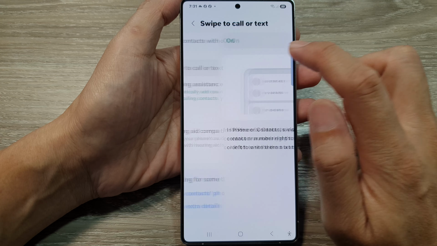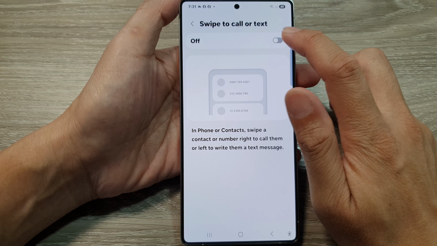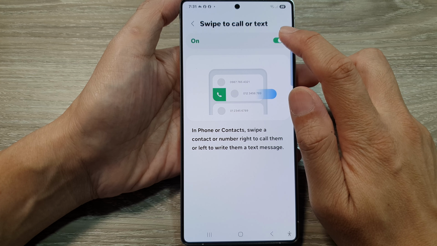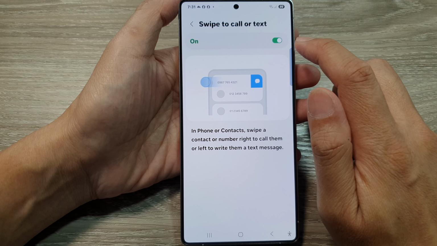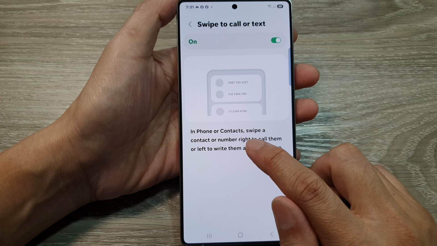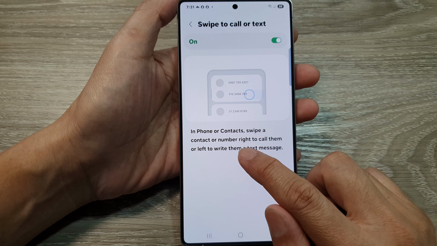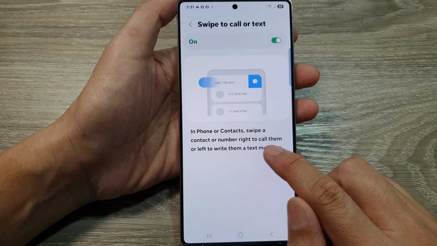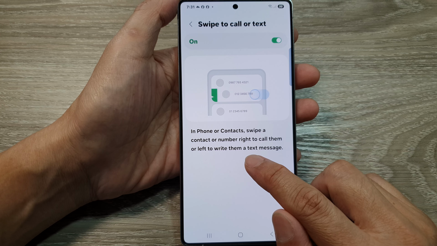Now you can also tap on the left hand side panel. In here at the top, you can also tap on the toggle button to turn it on or off. In here, say in phone or contacts, swipe a contact or number, right to call them, or left to write